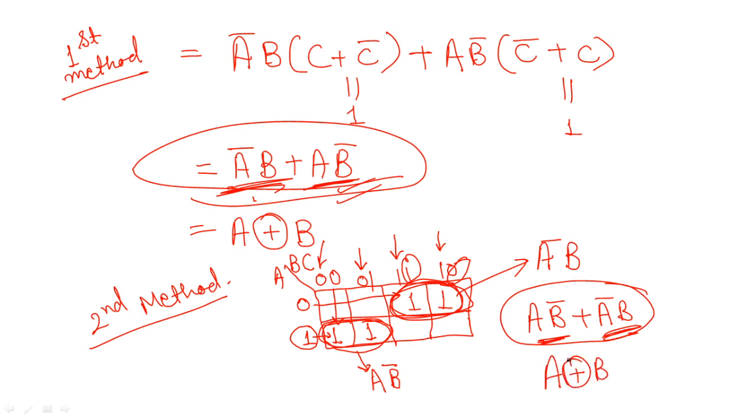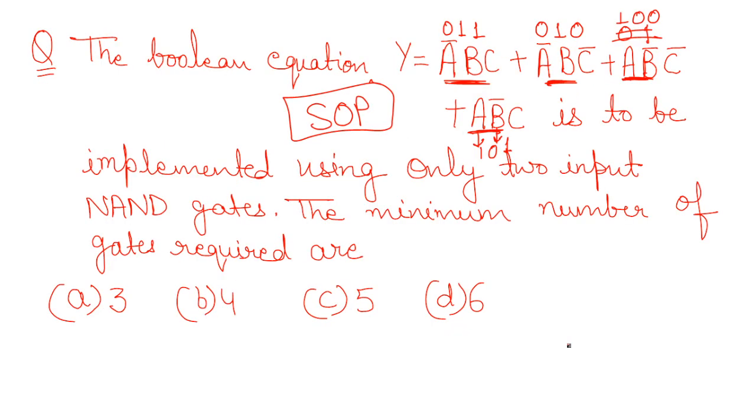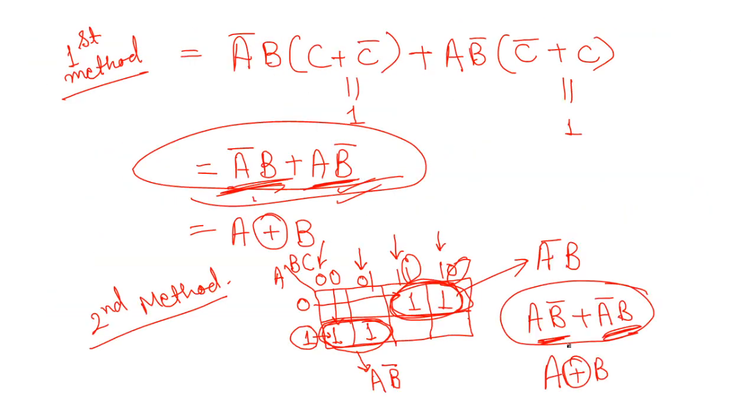Now once you got the final simplified answer, A XOR B, what you need to do? You need to know few things here. For example, I'm going to provide you one table on how many number of NAND gates, because NAND and NOR are the universal logic gates. How many number of NAND gates are required to make the NOT gate? It's going to be just one. It is also one NOR gate required to make the NOT gate.